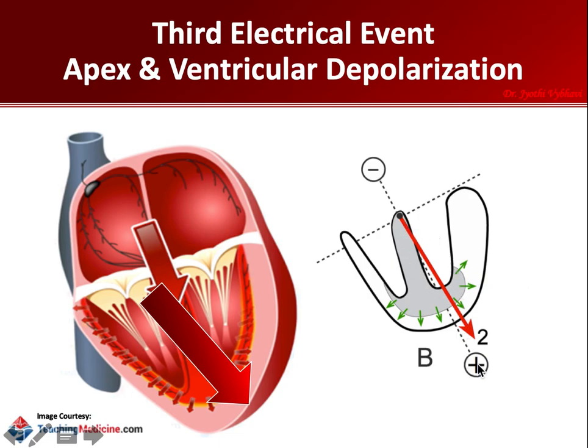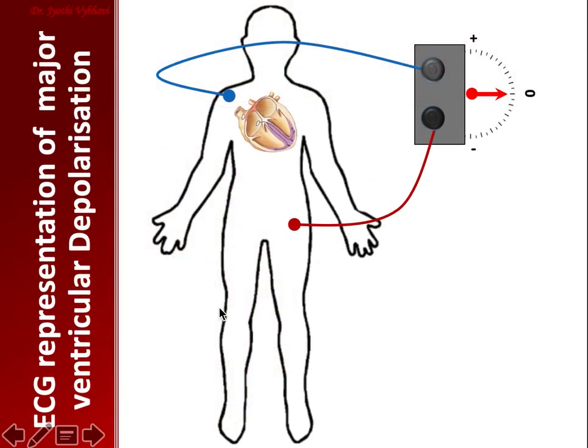So it is facing towards the positive electrode, so we obviously get a very positive deflection on the ECG machine, and the vector is a very strong vector, and it is a fast vector. You remember, it is all because of the Purkinje cells and a faster myocardium. The velocity is also fast. So the needle fluctuation will be a very fast fluctuation. So we'll see this on the ECG machine.